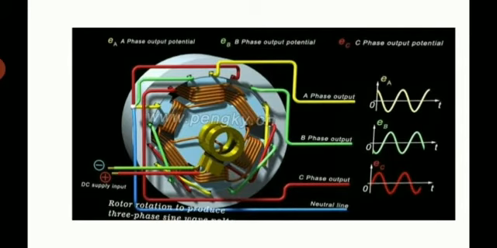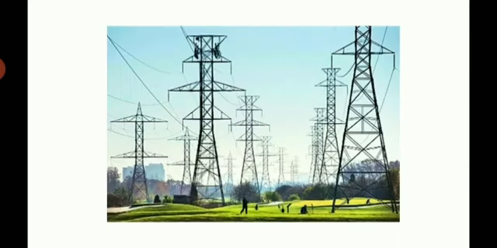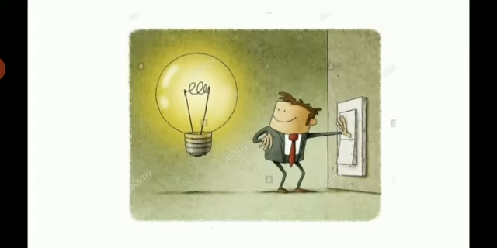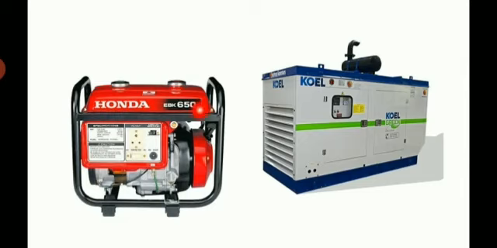So how does this generator produce electricity? It consists of several coils and a magnet. By rotation of this prime mover, it produces AC supply. Then after production of AC supply, we transmit through transmission towers, then we use it in our houses. In our house, you should remember, we use AC supply that comes from the utility or MSCB. Such AC generators we also use for emergency power outage.